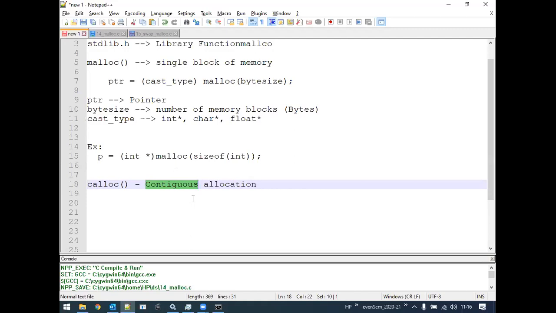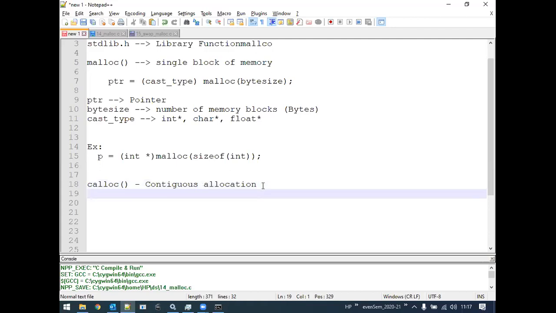Whatever the user specifies, those many blocks of memory will be allocated by the runtime at the time of execution. And secondly, whatever memory it allocates, all will have an initial value of 0. Initial value 0 means it will never contain a garbage value. It will have a 0 value as the default value.